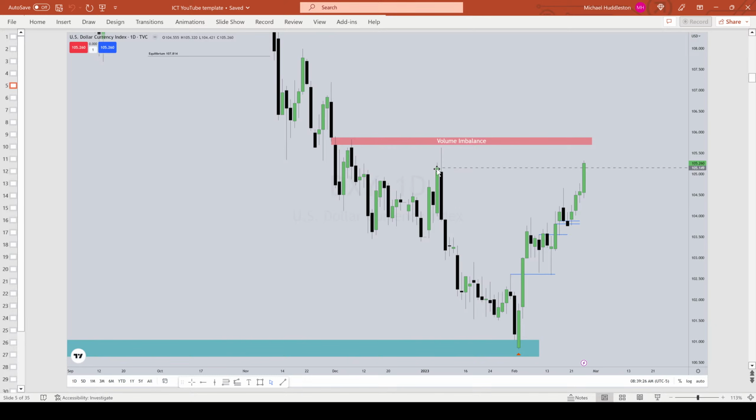But once we get through the rejection block, what's the next target? Well, we talked about the consequent encroachment, which is the midpoint of this candle's wick. This wick is a gap. So the market's likely to gravitate back to that midpoint of that wick, because if it's a gap, the inefficiency of a gap, the midpoint of that is consequent encroachment. That means it's consequential as it encroaches into the middle of it. Middle of what? The imbalance between the high and the low of the wick.